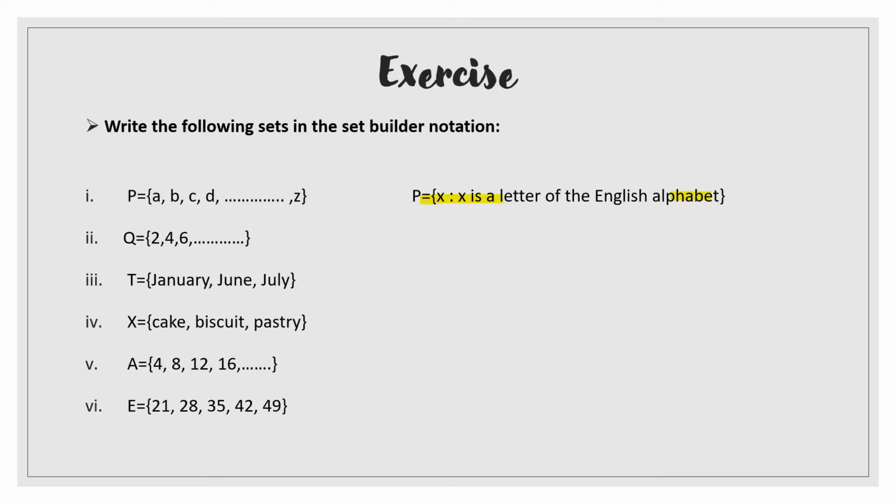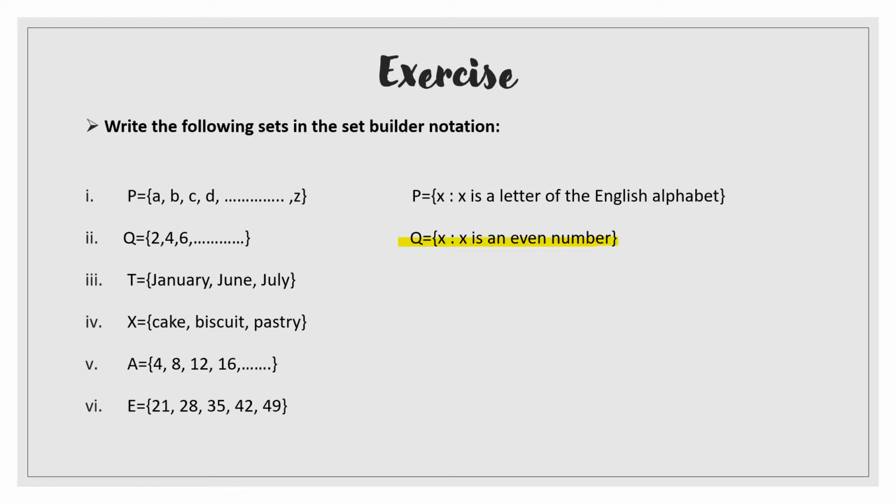So we wrote a condition here that x, what is x here? X is a letter of the English alphabet. Next one is Q is 2, 4, 6. Okay, so these are all even numbers. So we will write this set as Q is the set of elements x such that x is an